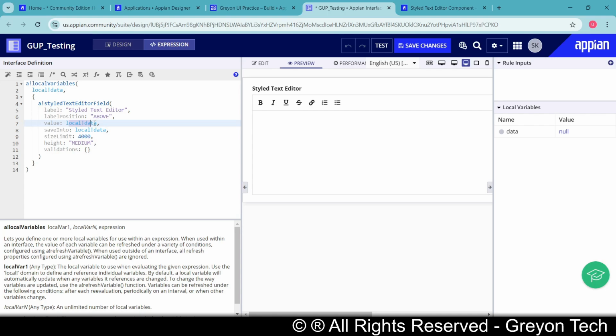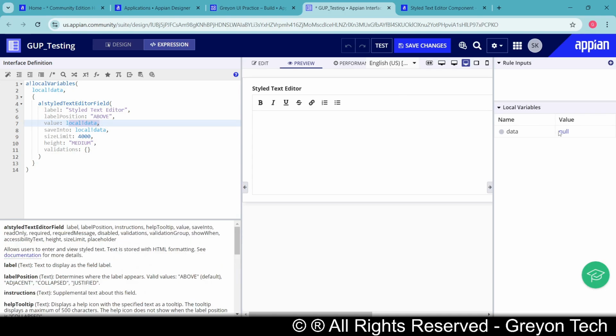So the default value is null for local bank data, that is being same reflected in the component. The moment you start writing any data in terms of the value that it will be saving, it will be captured by save into variable, and that's how the data gets entered into the component. So value and save into works in combination.